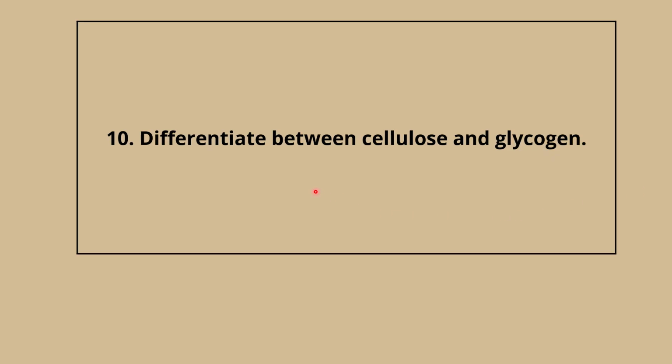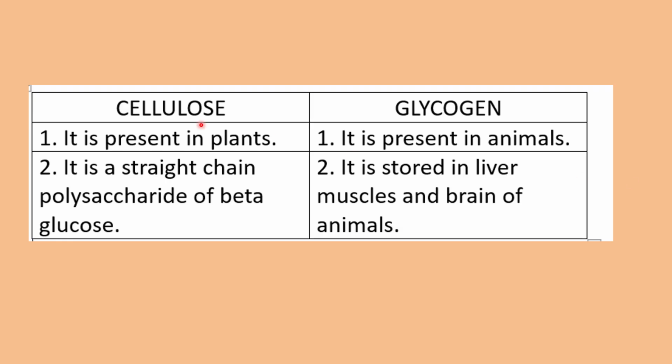Coming to the last question: differentiate between cellulose and glycogen. Cellulose is present in plants, whereas glycogen is present in animals. Glycogen is also known as animal starch. The second difference is that cellulose is a straight chain polysaccharide of beta glucose, and glycogen is stored in the liver, muscles and brain of the